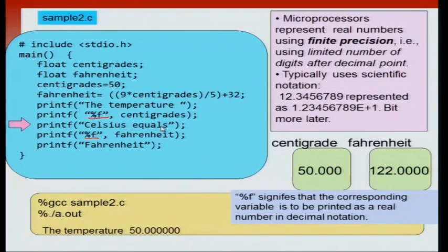50 Celsius equals, okay, so it prints that. And now you have another format specifier. It says printf %f Fahrenheit. Okay, Fahrenheit is 122 and it will print it as a floating point number or as a real number. So it will print it as 122.000. Okay, printf Fahrenheit. Okay. So the final message that will be printed will be the temperature 50 centigrade, 50 Celsius